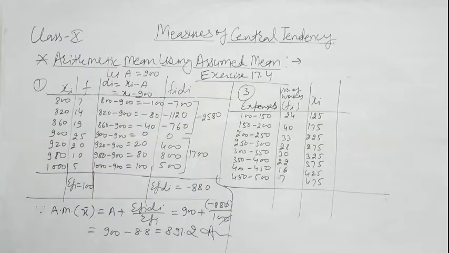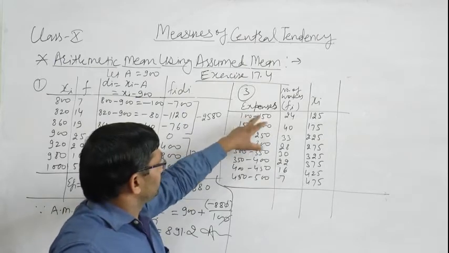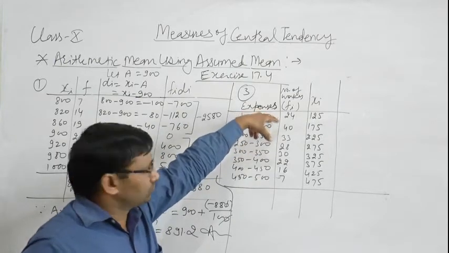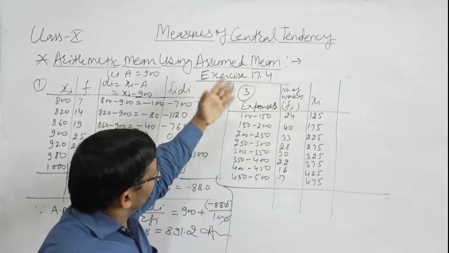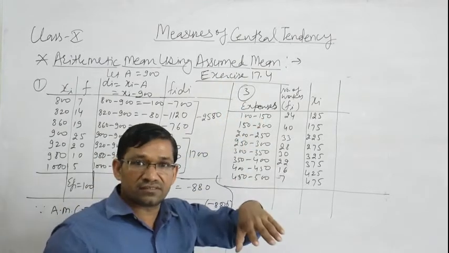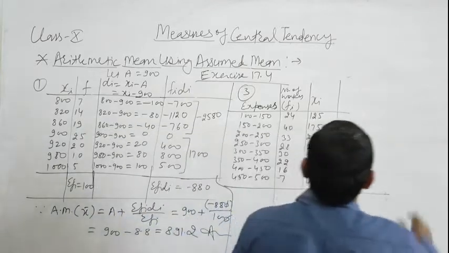First we find the values of xi by using lower limit plus upper limit divided by 2. We can also find these values in the previous exercise. Okay, now next